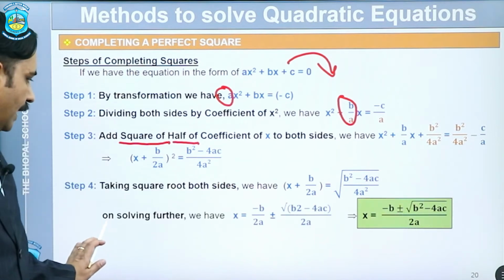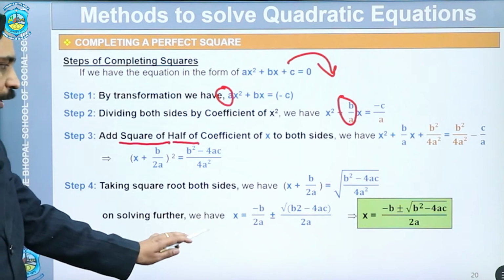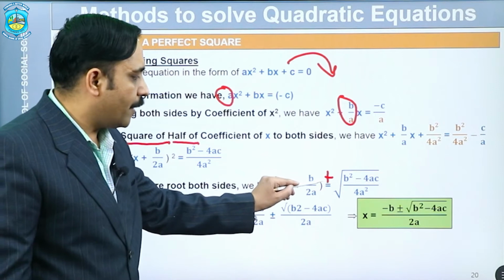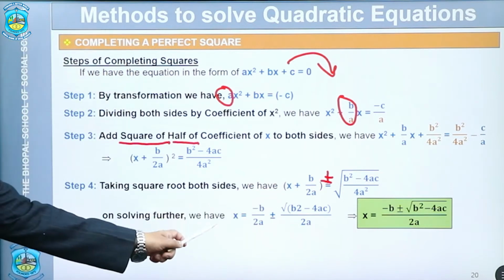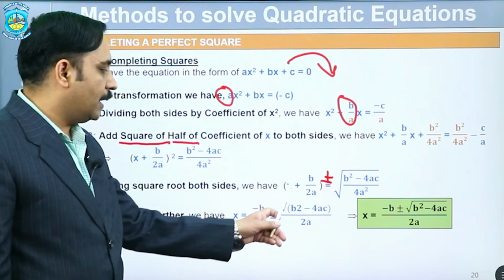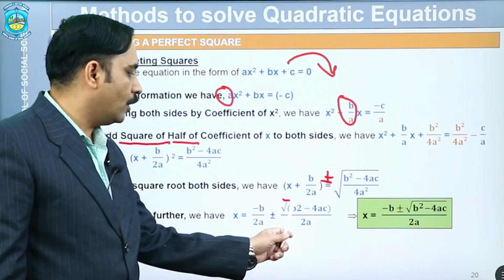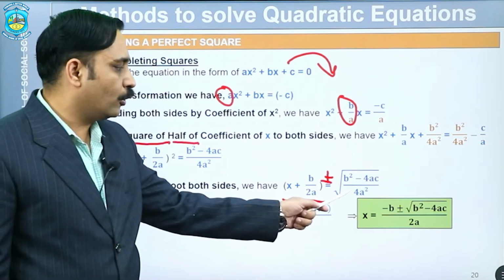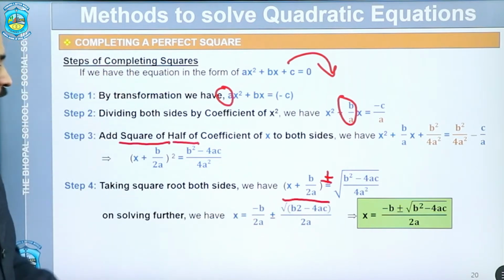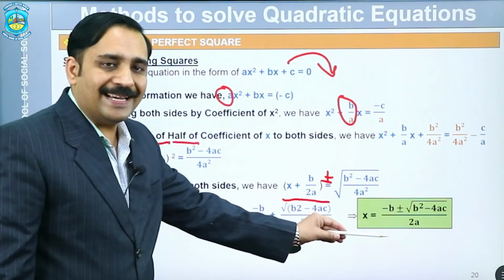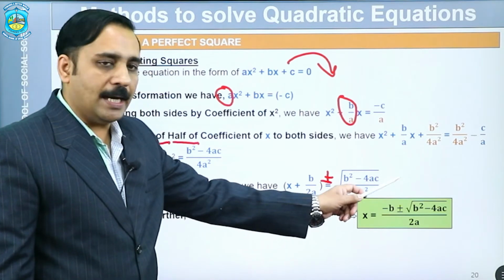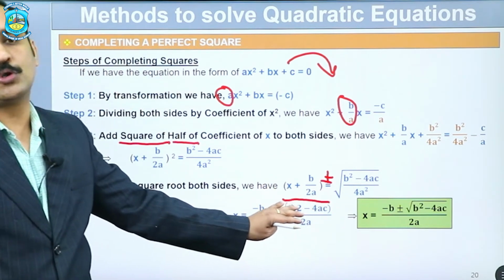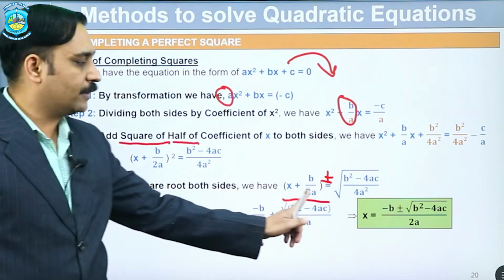So here, on further solving, the value of x is equal to minus of b upon 2a plus minus, since after having square root, we are having plus minus value. So it is minus b upon 2a plus minus under root of b square minus 4ac, this is whole under root, upon twice of a, because under root of 4a square is 2a. We'll take again LCM. So we are left with x is equal to minus of b plus minus under root of b square minus 4ac upon 2a. So we will use this formula to find roots of quadratic equation for the value of x, right?